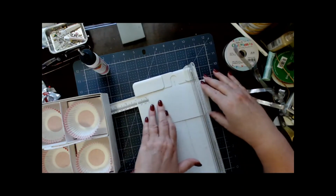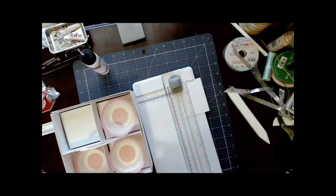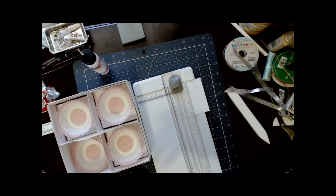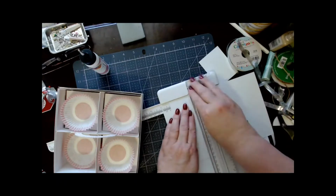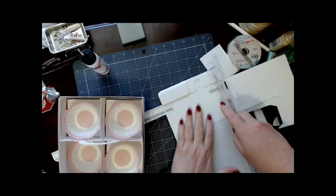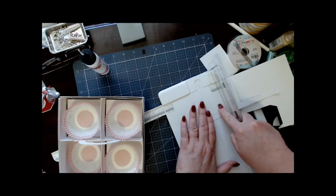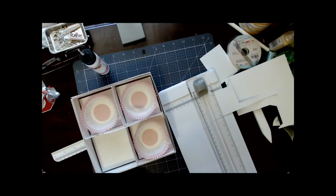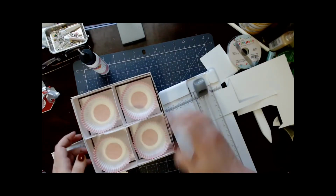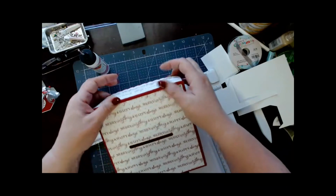Might be able to get them all. I'll just add them to the file for you guys, and you can delete them if you're not going to use it for that purpose. So, here's another scrap. One's not quite the same size. You can cut these out of decorative paper, or what about even the foil craft board? Oh, that would be so pretty to do out of foil craft board. Just drop them in, and that way you've got 2 layers and they're not interfering with each other. So you've got 8 different goodies in there,